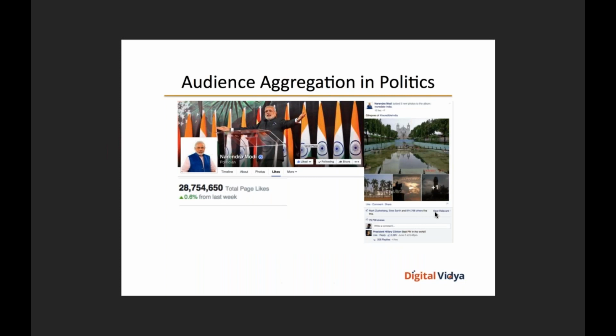In politics, you see social media. Narendra Modi, for example, is amongst the most highly followed celebrity figures in India on Facebook, right after Salman Khan and I think Deepika Padukone and possibly Sachin Tendulkar or MS Dhoni. So he's in the top five in terms of the number of people following him on Facebook. That gives Narendra Modi, the Bharatiya Janata Party and the government of India a specific captive audience on social media to send targeted posts to influence public opinion. So this is a very good example of audience aggregation being used in the political context.